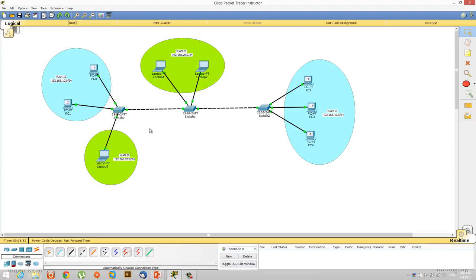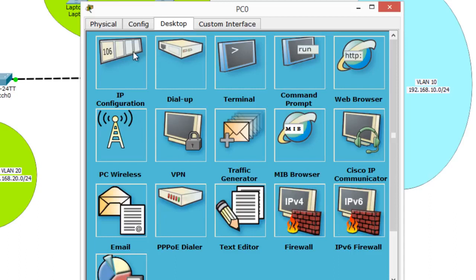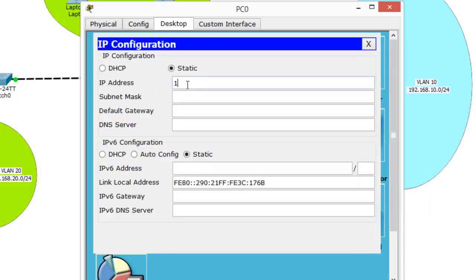So I'll start with PC0. I click on PC0 and put the IP address. So the IP address is 192.168.10.1, and I put a subnet mask, which is automatically populated, 255.255.255.0. And I'm not going to use a default gateway, because if you've watched the day 3 AM, PM and LN videos, you would know that we need a gateway